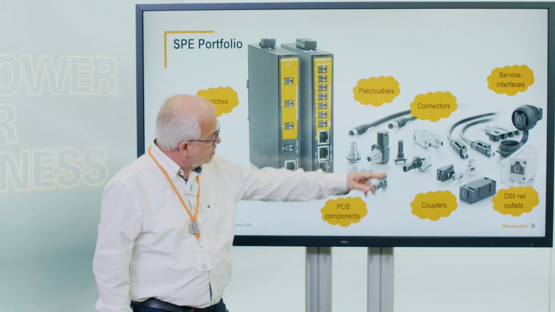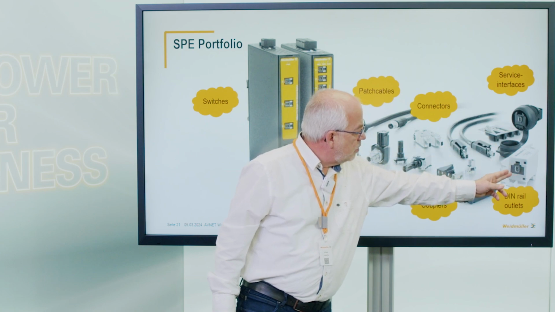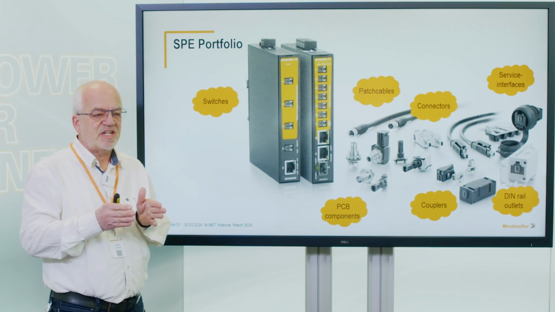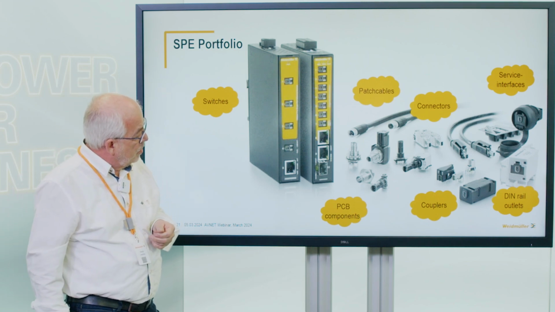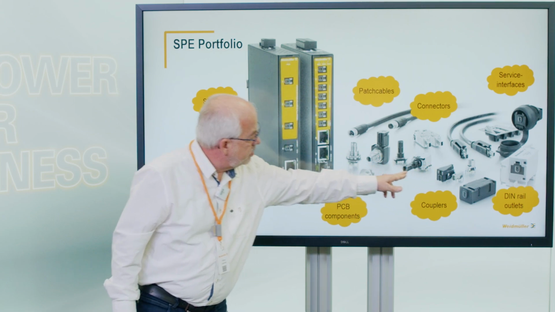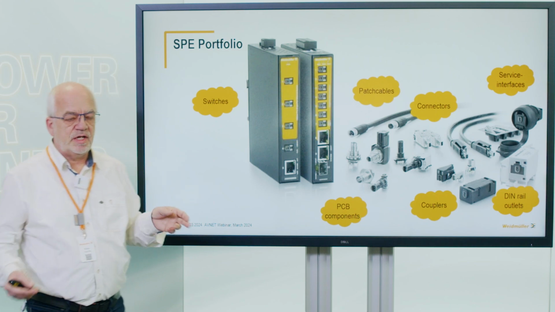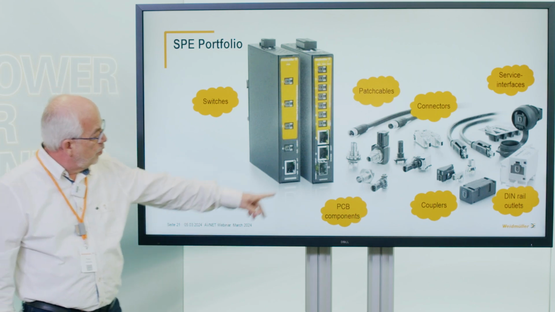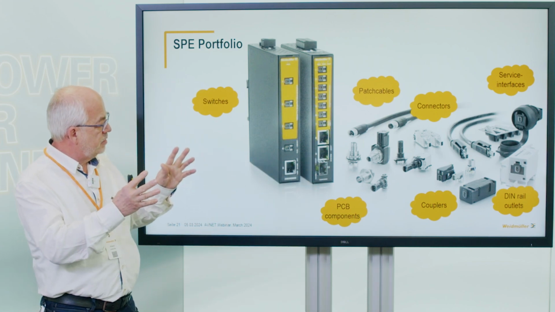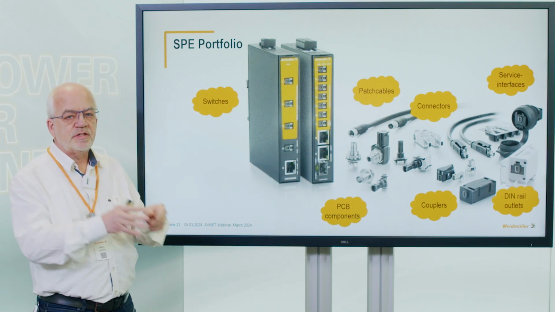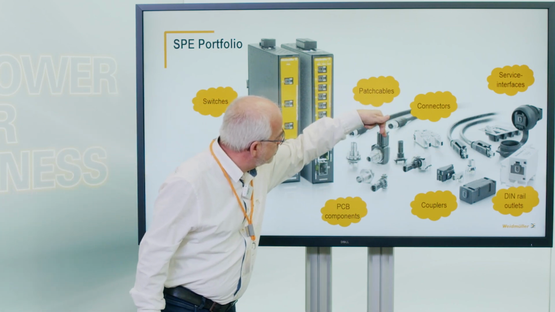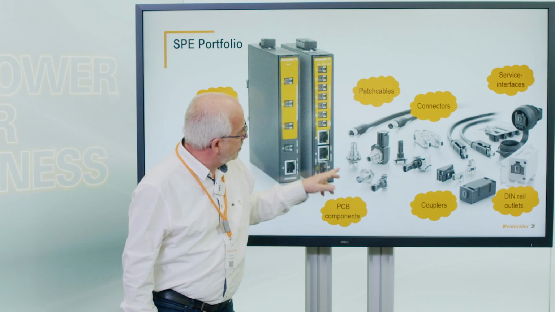We have components like service interfaces, which you see here, or DIN rail outlets to make something like a modular patch panel on a DIN rail. We have, for sure, also components for the PCB in different versions, angled, straight, with LED, without, and so on. We have the panel feed through, so that you connect the infrastructure inside the cabinet to the field. So you come with a standard patch cable from one side and with an M8 from outside,